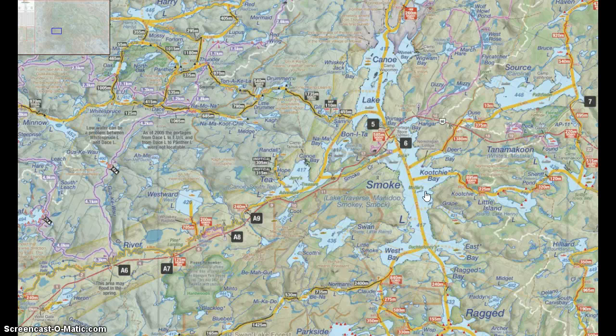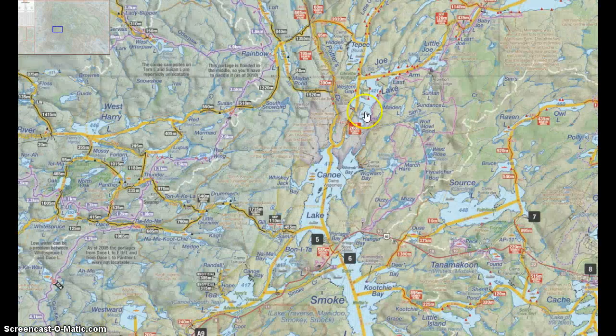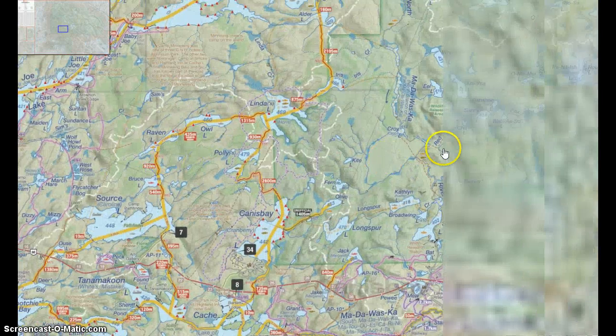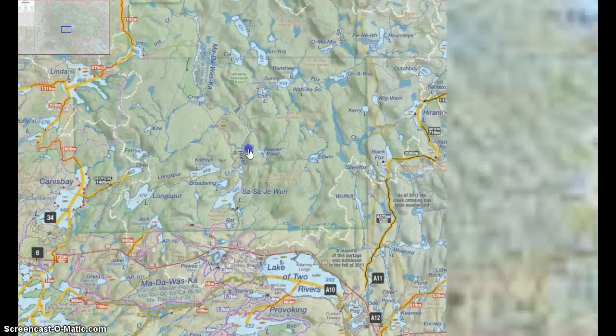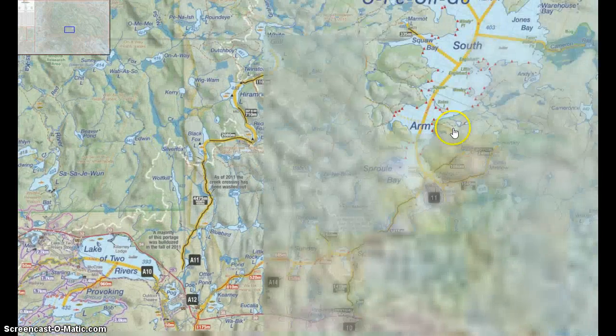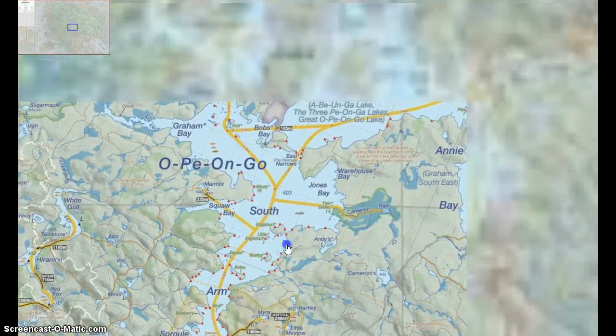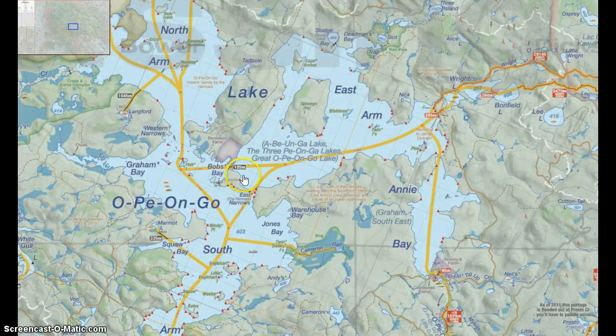However, get onto Jeff's Map if you're going to plan a trip and look at your options. Try to look at the portages. You need to make sure that you're able to physically do them. The Joe Lake portage doesn't take long. It's not that difficult. However, a new person going into the park for the first time on a canoe trip is not going to want to paddle all the way up Opeongo